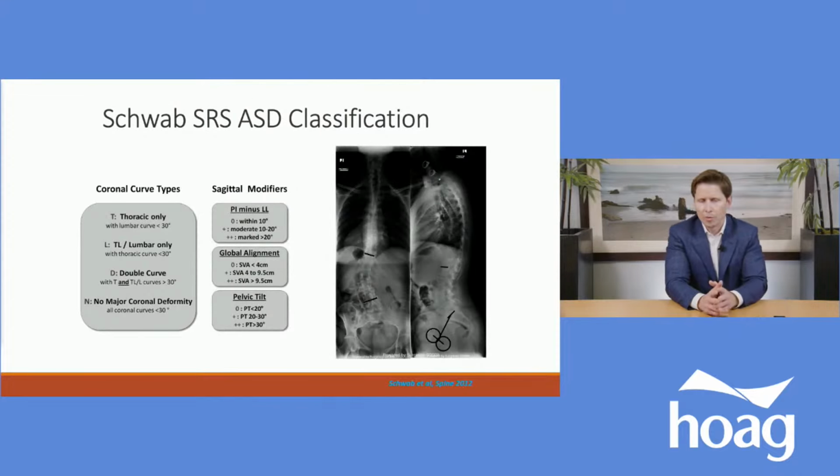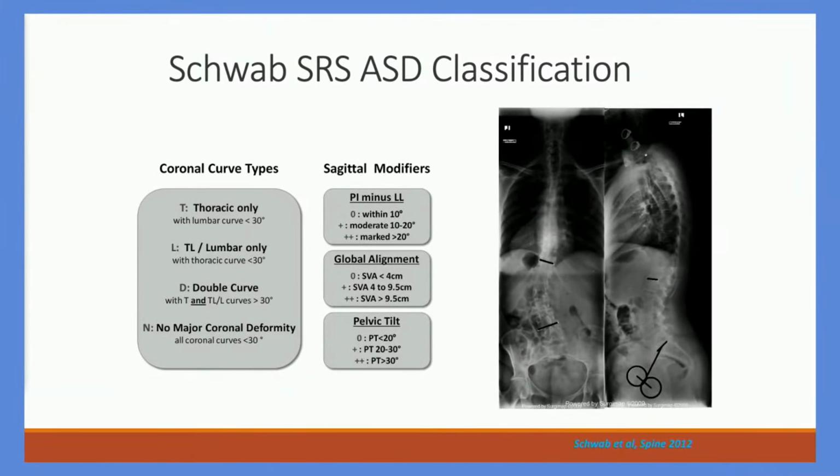Let's spend now a brief moment to talk about some of the classification algorithms that exist that have helped to identify the deformities, and also this serves as a tool for practitioners when talking amongst each other and at meetings to have a common language. So the most widely used and accepted adult deformity descriptor is the Schwab Scoliosis Research Society Adult Spinal Deformity Classification